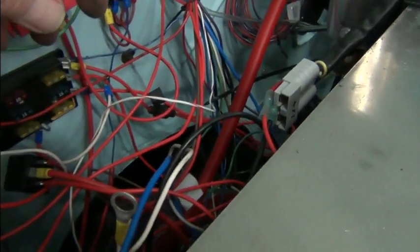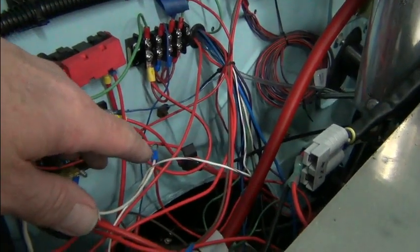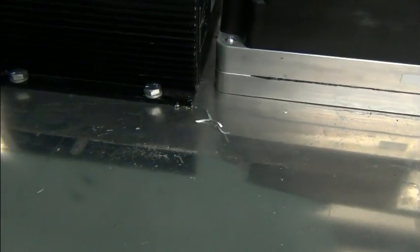I'm sorry, I was trying to read my tag. So this is going to be a little bit of a mess. So I get this board out here, and then we'll clean up the 12 volt stuff and have it ready to wire here. Look at all the shaving stuff laying around. Keep your workspace clean. These little things could short against something. You don't know, or they could blow off into somewhere else. So